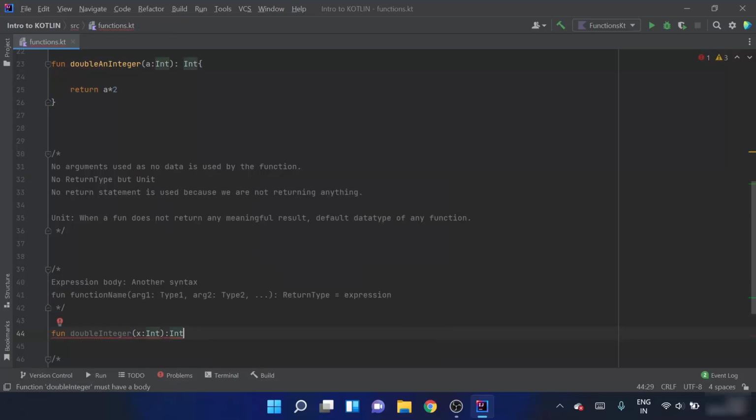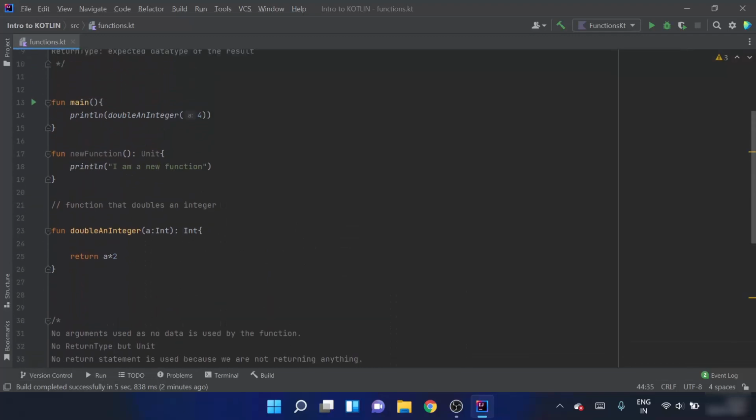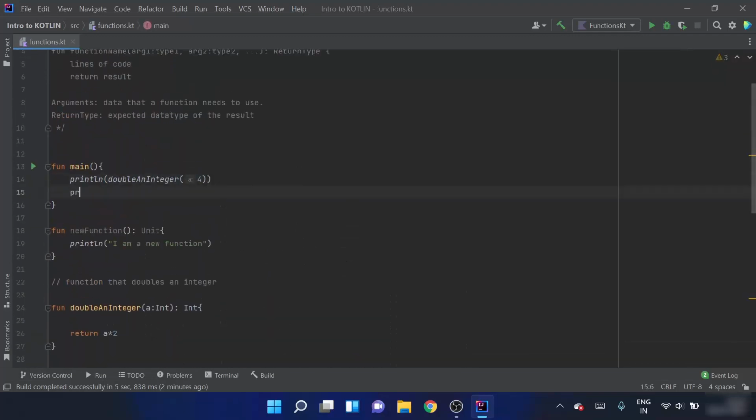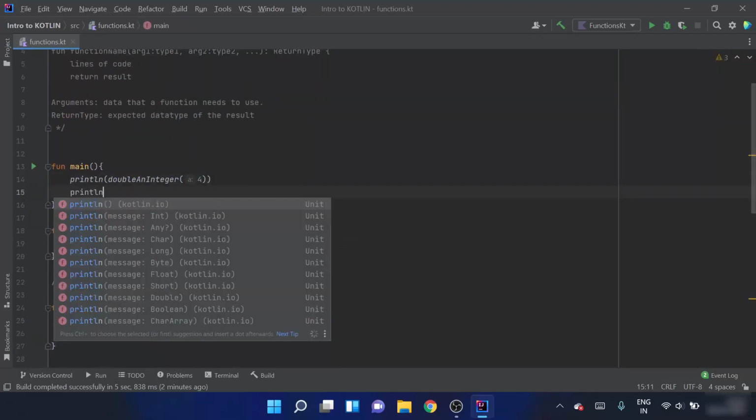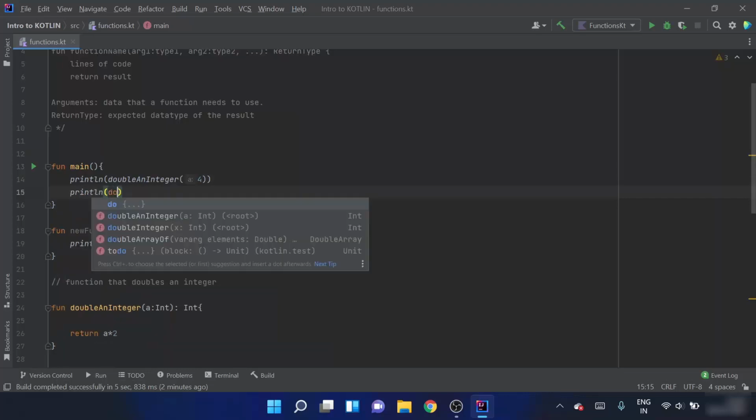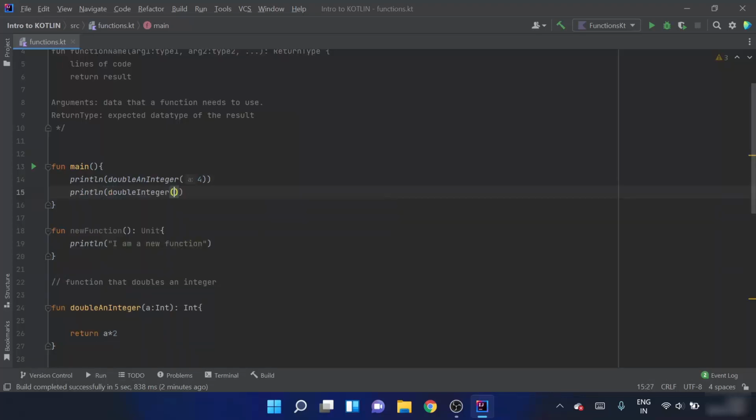Now instead of curly braces, I'll just write equals to and then x into 2. Now I'll go to the main function and write println, double integer, and give the value 46. Now when I run this program,